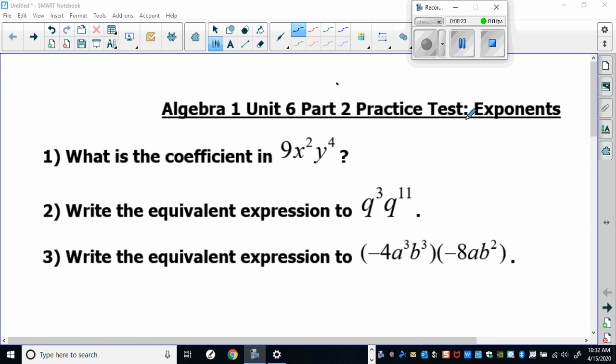All right, so now we have our first problem, which is number 1, and we have what is the coefficient? Well, this is an easy one. Remember, the coefficient is simply the number in front of the variables. So in this case, it's 9. The coefficient is 9. If we had something like this,